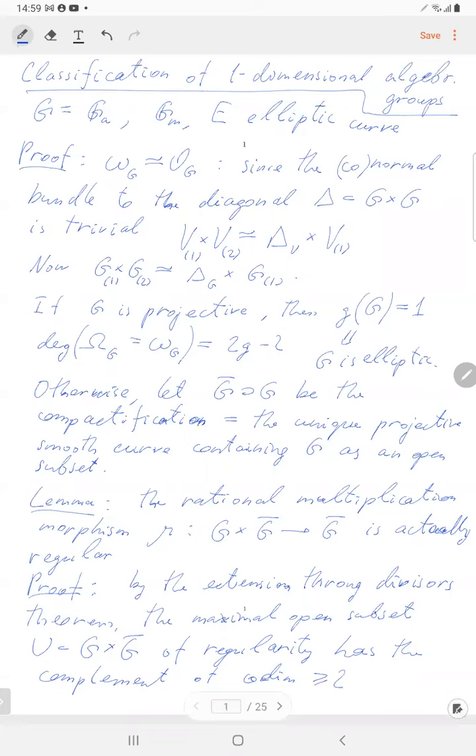What if such does not exist? Well, we discussed this last time. I'm just quoting literally the theorem we proved last time. So just look it up. So it has a complement of codimension at least 2. This means that the complement is finite. G times G bar minus U is finite. Okay, it's finite and certainly contained in G times the boundary,